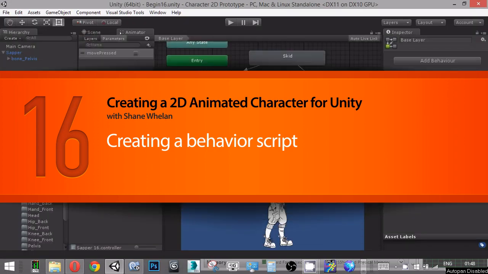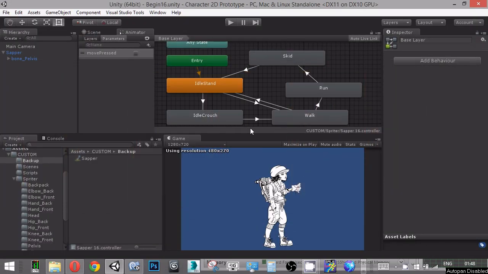Hello and welcome back. In our last lesson, we created this move pressed Boolean parameter that we will later on use to aid our main character control script that we have yet to create. In this lesson, I want to add a numeric control that allows us to change the walking speed of